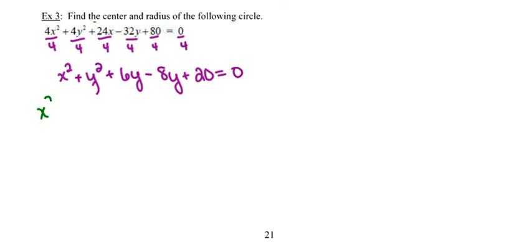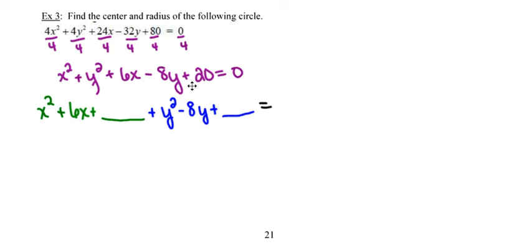I've got x squared. Oh, this should be a 6x. I do need to go back and fix that. 6x. x squared plus 6x plus some mystery number. My y's are y squared, subtract 8y, plus some mystery number,